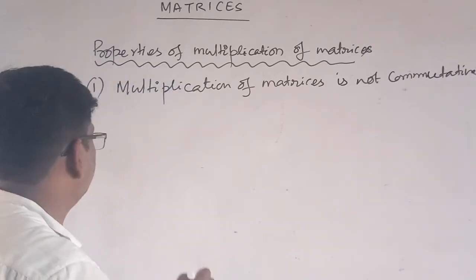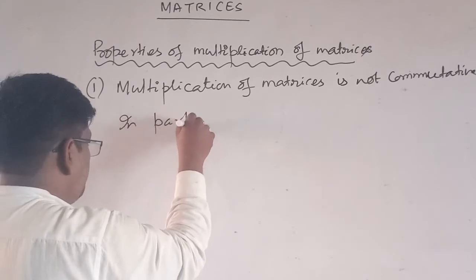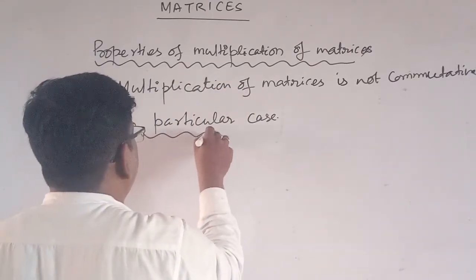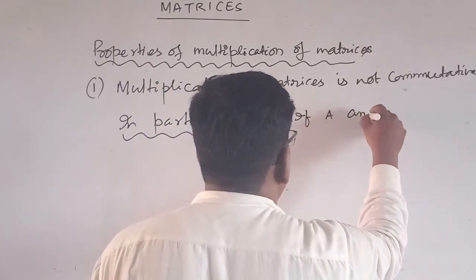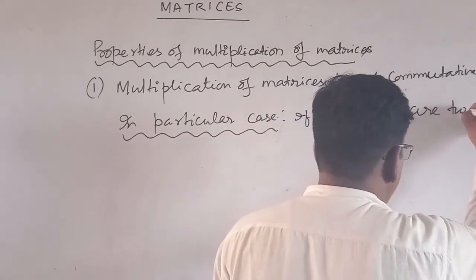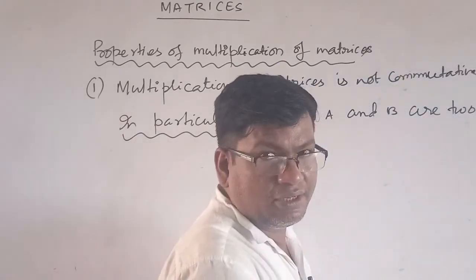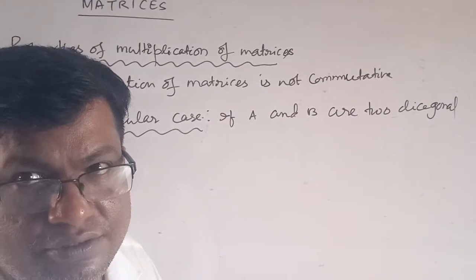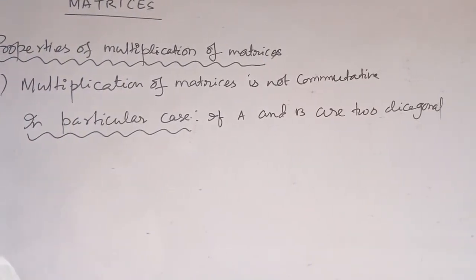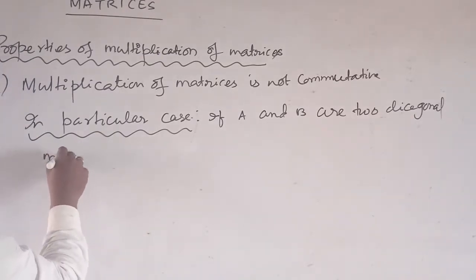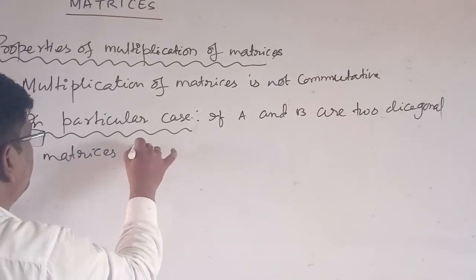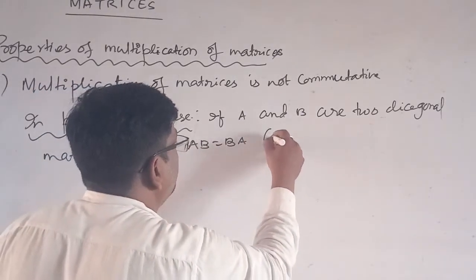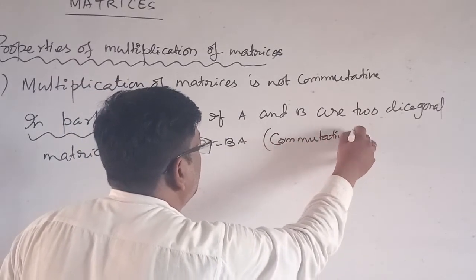In a particular case, if A and B are two diagonal matrices, then AB is equal to BA, that is, commutative. For example,